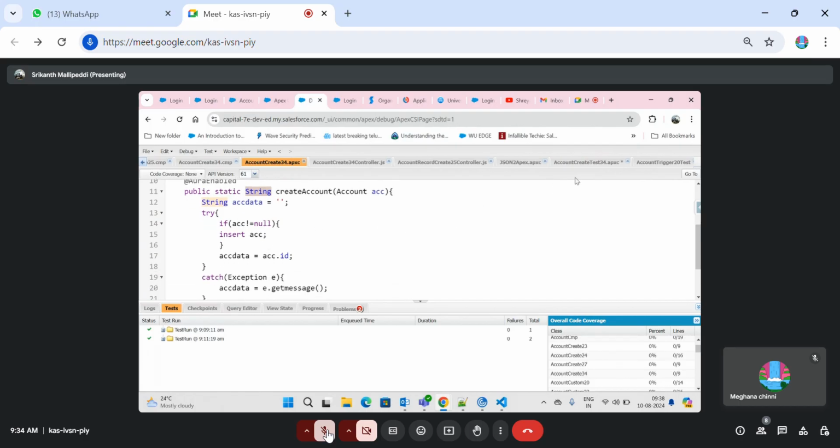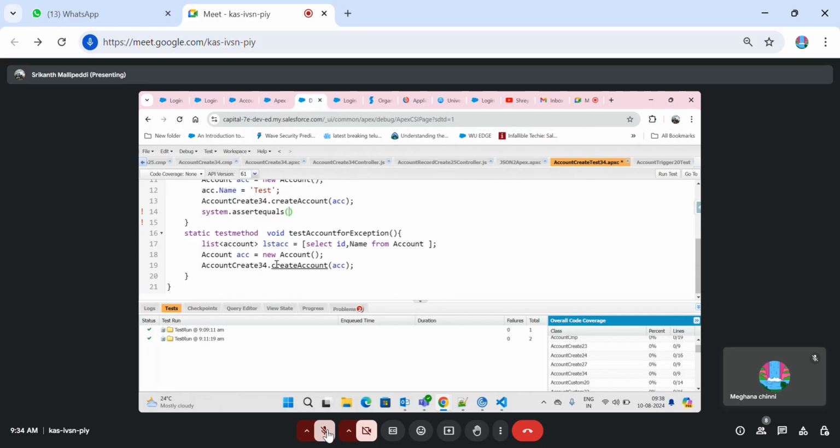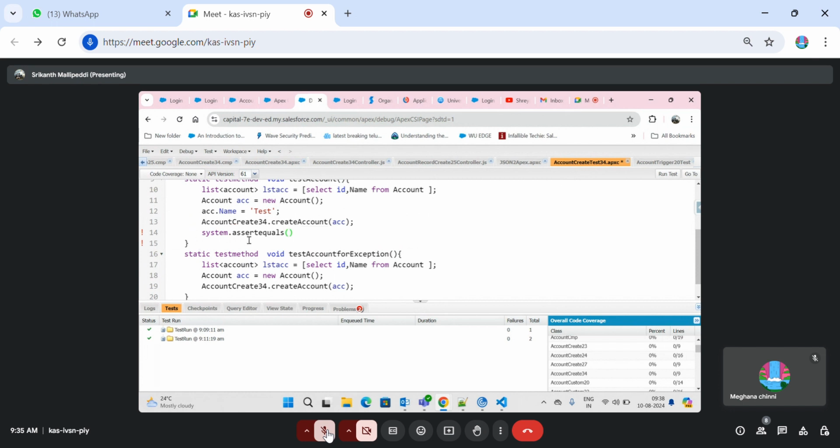In the case of the first method, you should provide an ID. In the case of the second method, you should provide an exception. So as per our expectation, the first method is going to return the ID, and the second method is going to return the exception. Okay, so whether those values are available or not,